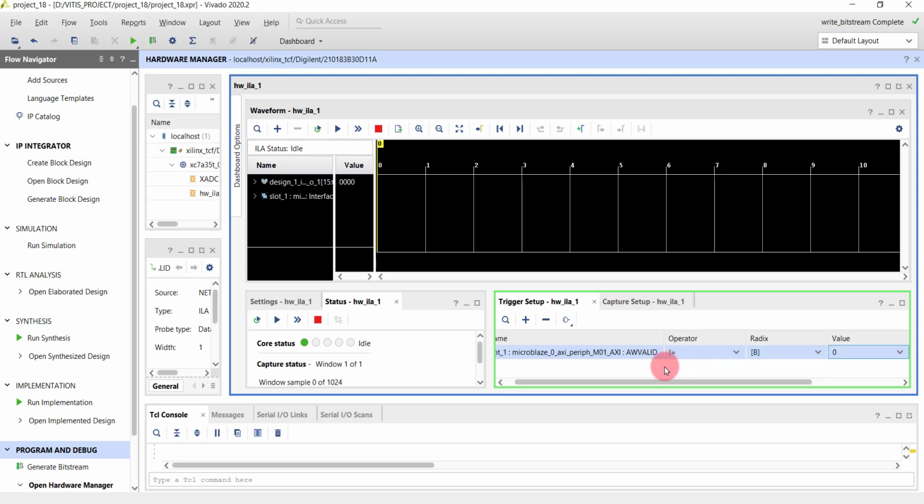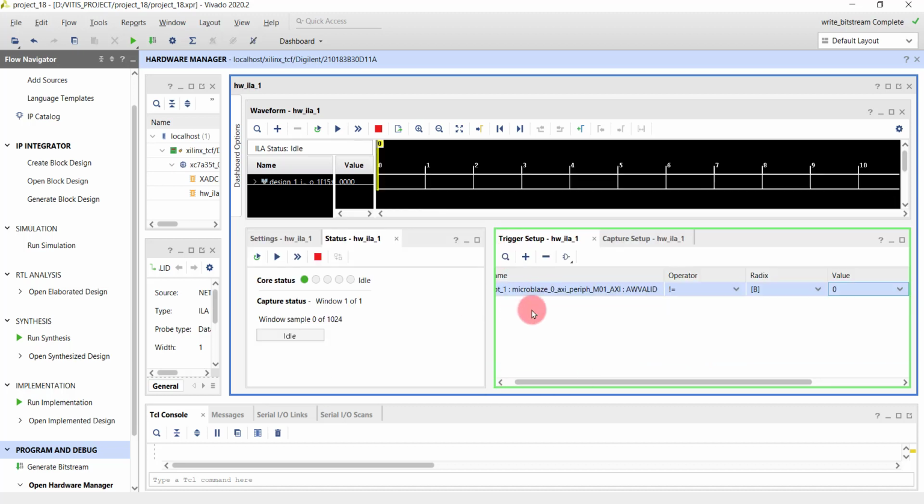Only in that case we'll start collecting the samples, and the number of samples that we'll be collecting is 1024. You could also specify a window, for example, how many samples you want to collect before you have a trigger and after you have a trigger. The trigger for us is the AW valid signal.